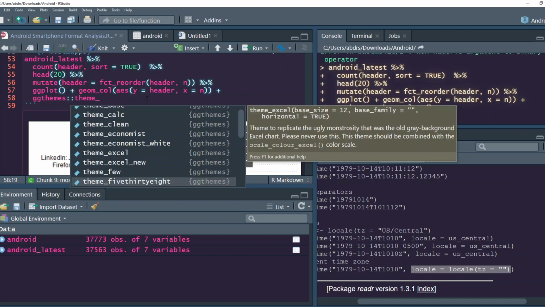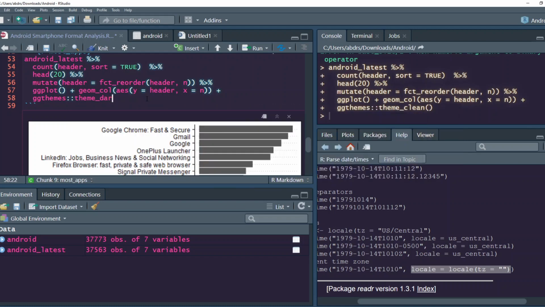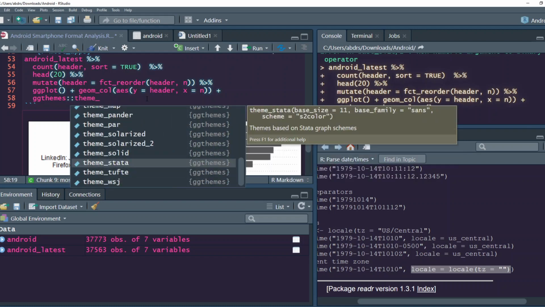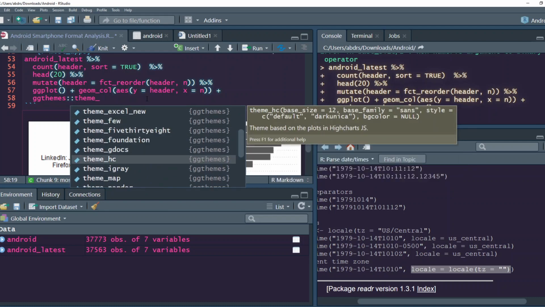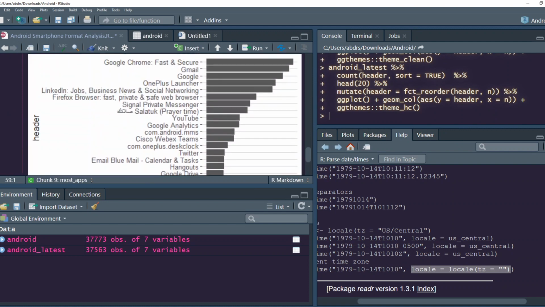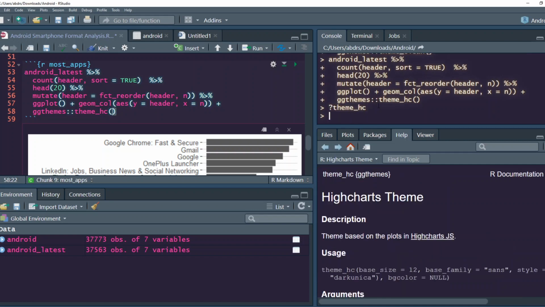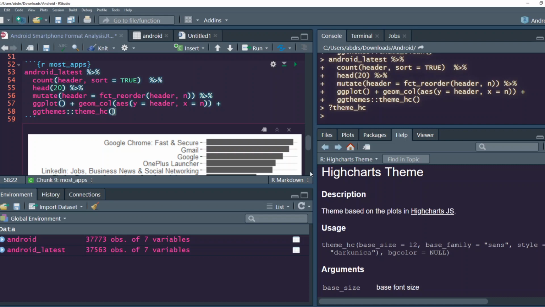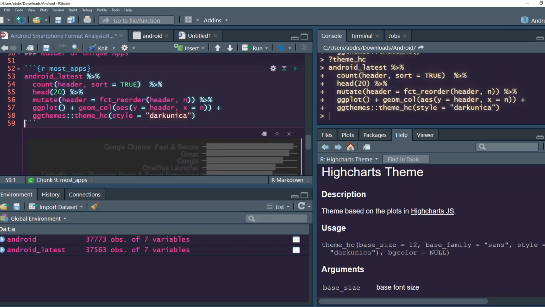Theme_dark unica, theme_hc. Okay, this is the Highcharts theme. I'll call it dark unica, theme_hc, style is equal to dark unica. Okay, so let's have a dark plot. Oh, that looks disgusting. Okay, I'm going to go to just theme minimal